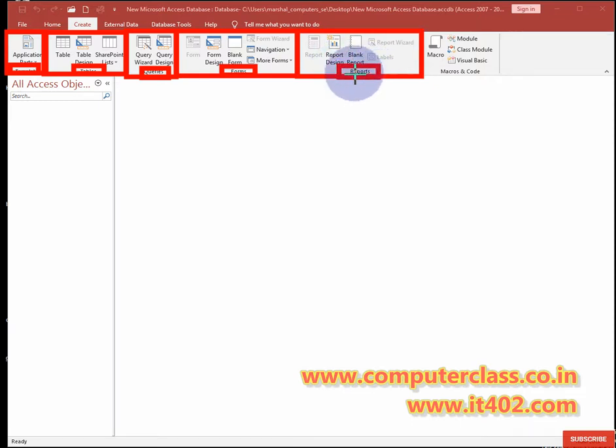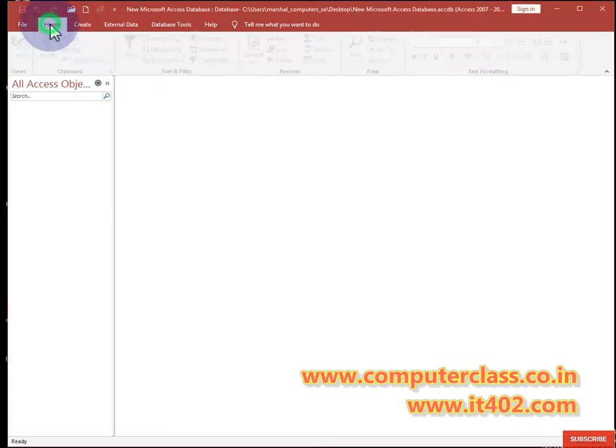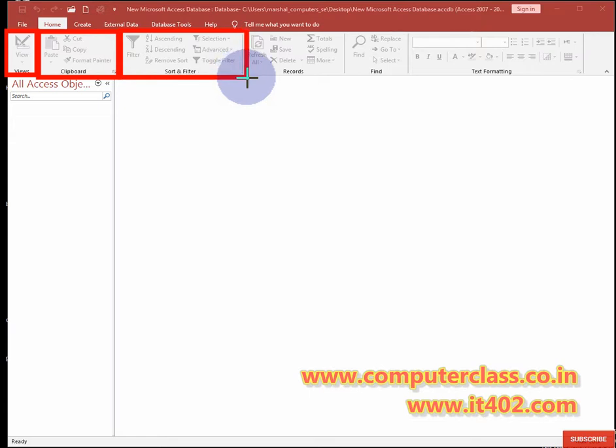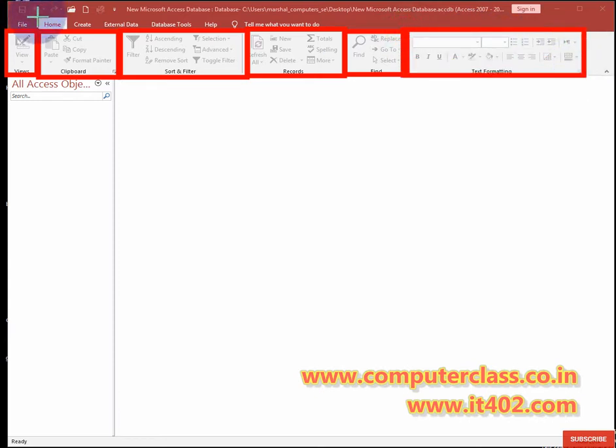Suppose I want to work on a report. All these options related to reports are here, and the last group is macros and code. So these all are the groups, and each ribbon bar has groups. These groups are not active, but still you can see them. You can easily identify the groups. These groups are inside the home tab. This is the home tab. I just click on the home tab. Now I am seeing all these groups. So we are learning all about the interface and the groups.